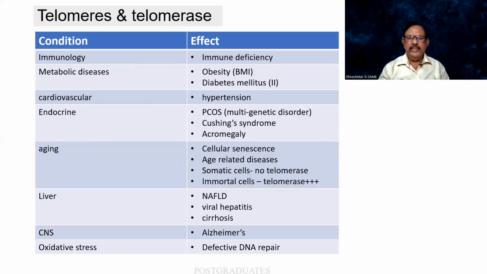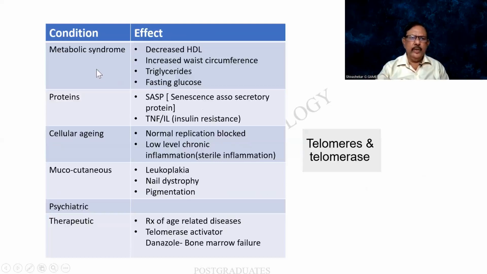Somatic cells, no telomerase; immortal cells have got innumerable or unaccountable telomerase. Liver: non-alcoholic fatty liver disease, viral hepatitis and cirrhosis. These we do not know from where it comes. Once you go into the ocean of telomeres and telomerase, you find that there is a never-ending plethora of topics which we can delve into. CNS, that can be the Alzheimer's, oxidative stress, defective DNA repair. And it continues over here, metabolic syndrome, decrease in HDL, increase in waist circumference,